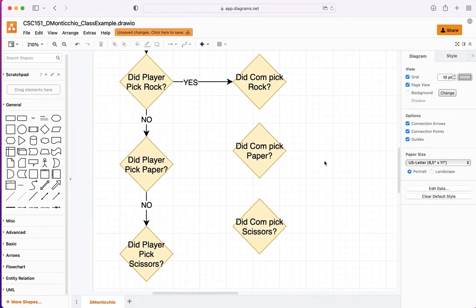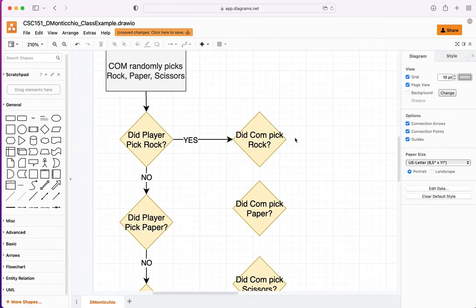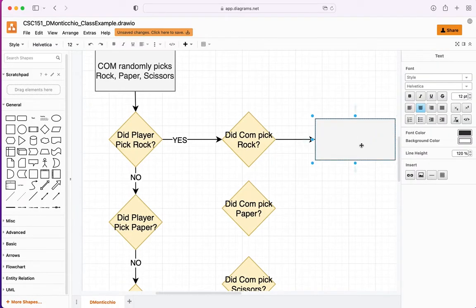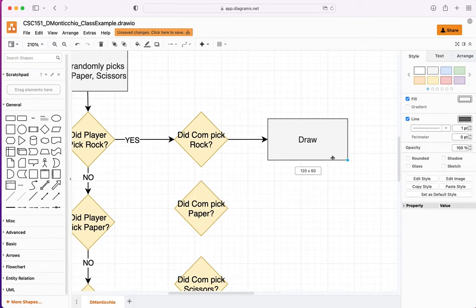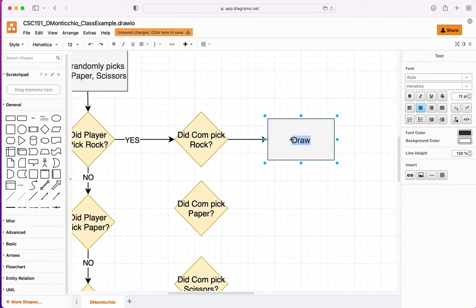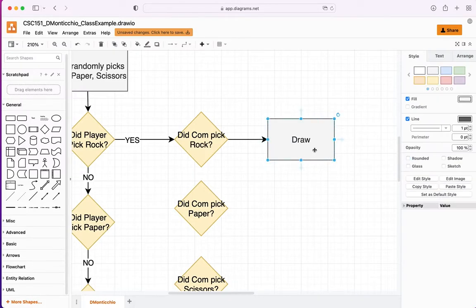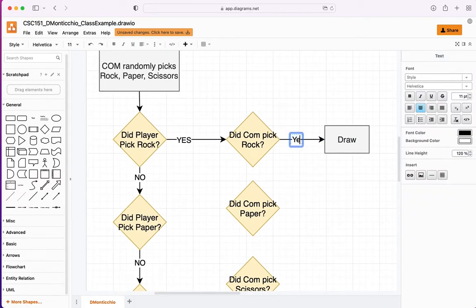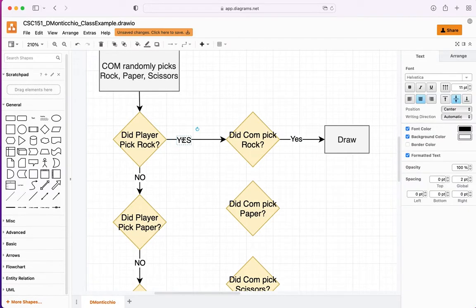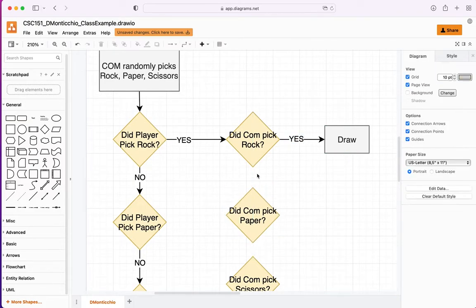And there we go. So, if the player picked rock, and the computer picked rock, well, obviously, what winds up happening then? That would be essentially information letting us know that there's a draw, right? We would let the player know that we're showing a draw. We would literally print out the word draw for people to see. So we know that that's a possible outcome. So, following along, did the player pick rock? Yes. Did the computer pick rock? Yes. Therefore, we got ourselves a draw. But if no,